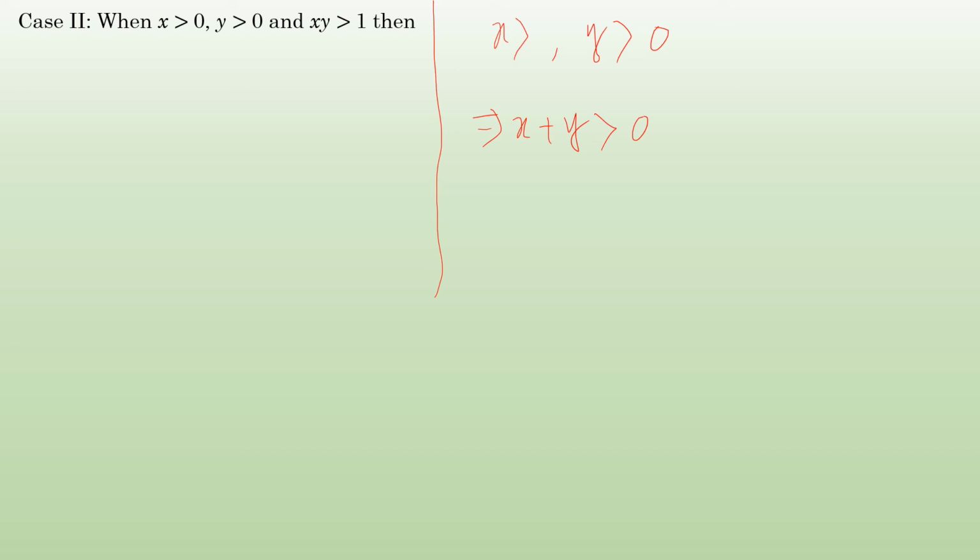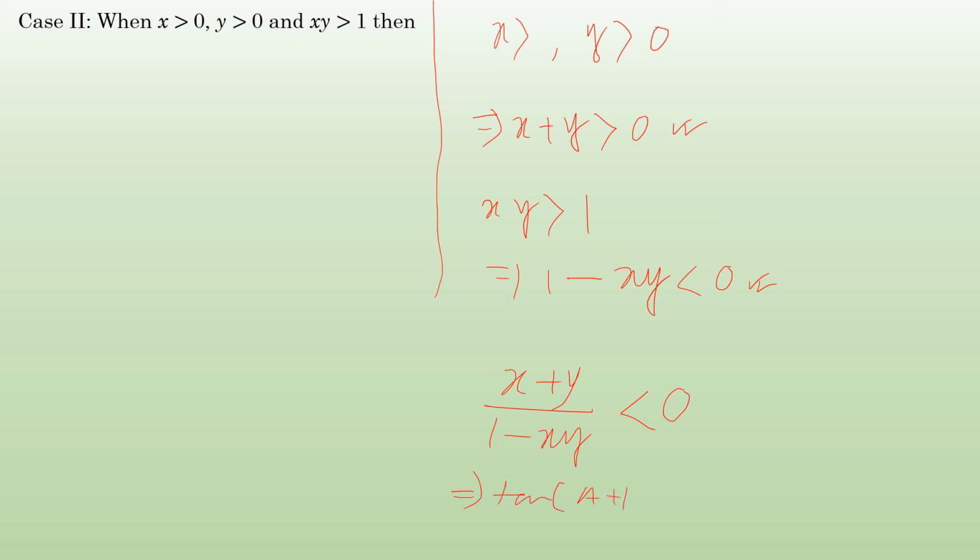As well, for the second condition, xy is greater than 1, and it will give us 1 minus xy less than 0. You see here, this part is a positive number and this part is a negative number, and therefore x plus y divided by 1 minus xy is a negative number. Numerator is positive, denominator is negative, so the resulting term is negative. But actually x plus y divided by 1 minus xy is tan of a plus b, and tan of a plus b is less than 0,